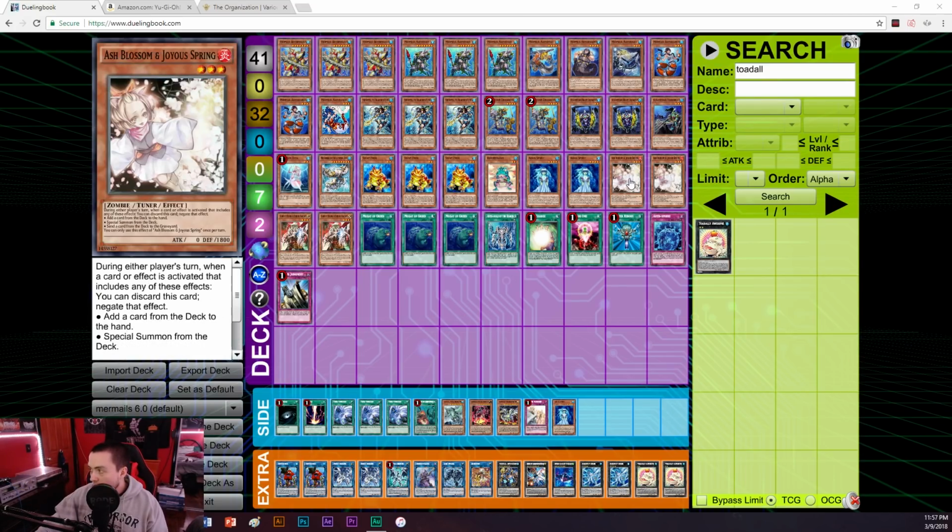So as you see in this build here, we got some Ash Blossom and Joyous Spring, because that card is gonna get reprinted. Oh yes, my wallet is screaming in rejoice because of this fact. I knew if I just wait and wait, someday Konami will answer our calls. The budget player calls, they'll answer us. And sure enough, they have. It did take a long time. You gotta admit that. It did take a while, but nevertheless the reprints, as always, have come,